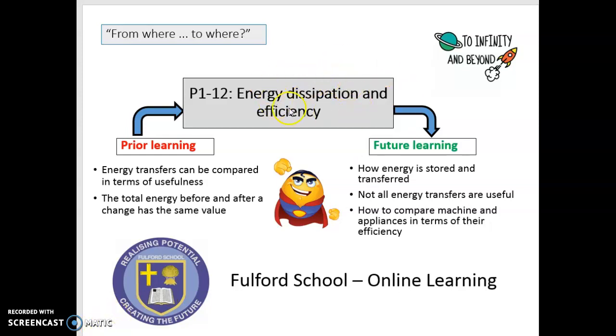I've mentioned this word in several other lessons and it's to do with not all energy transfers being useful. So if energy is dissipated to the surroundings, that's taken to mean that it is wasted, lost to the surroundings, usually heating up the thermal energy of the surroundings. So let's think about how that might affect the efficiency of various situations, various appliances, and let's start by looking